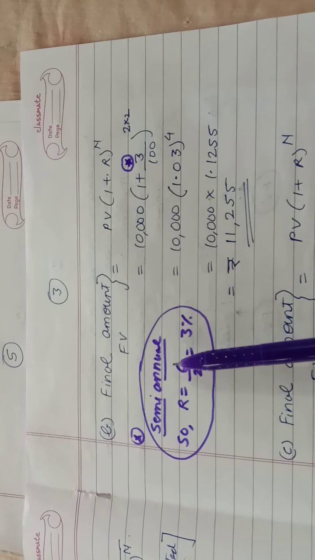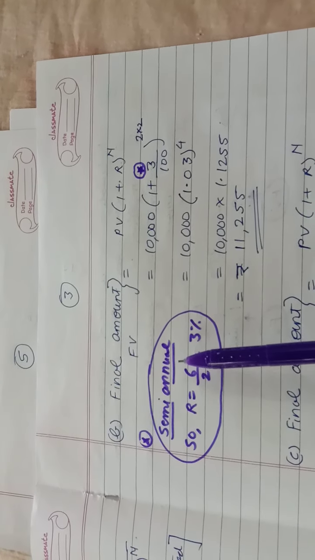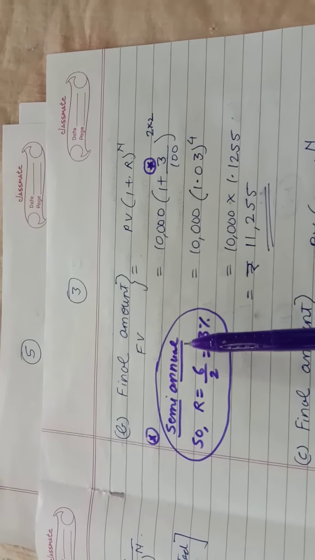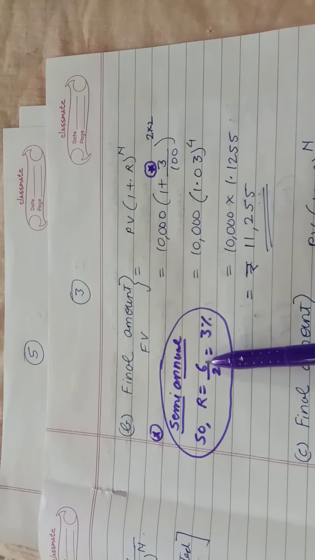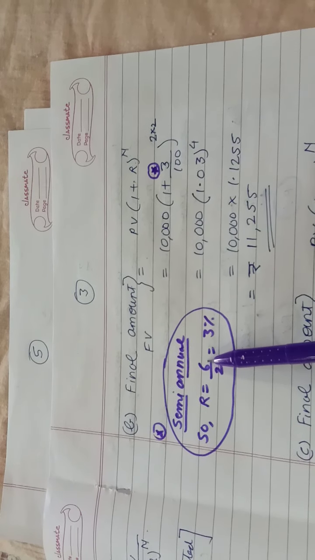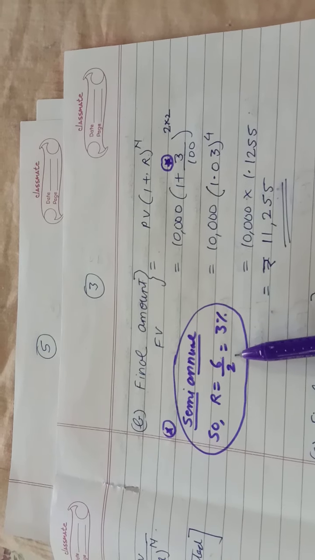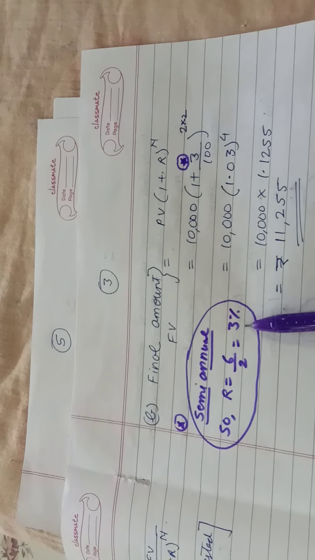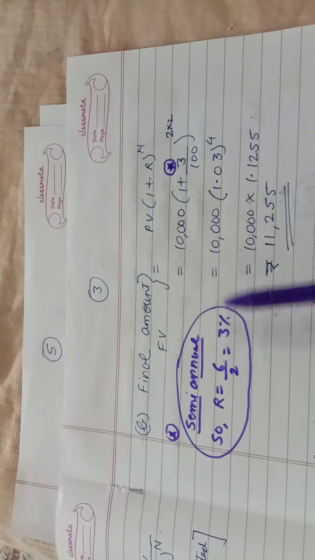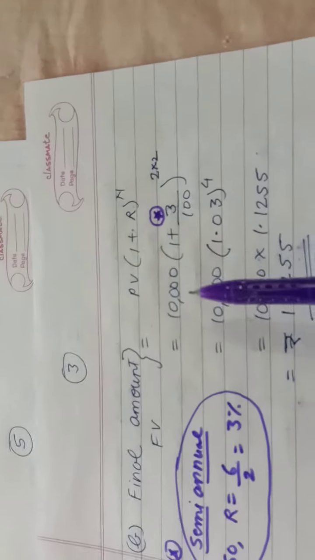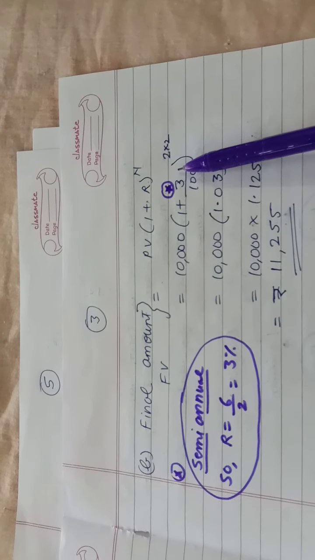What does this mean? The bank or where you are investing the amount is going to pay you the interest after every 6 months. Our per annum rate was 6%, but they are not going to pay you 6% after every 6 months. What they do is they divide this 6 by 2, so they are going to pay you 3% after every 6 months. I hope you have got this point. So put it in the formula, 10,000 in the bracket 1 plus R will be here 3%, not 6.